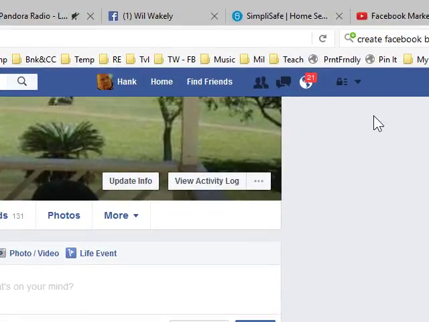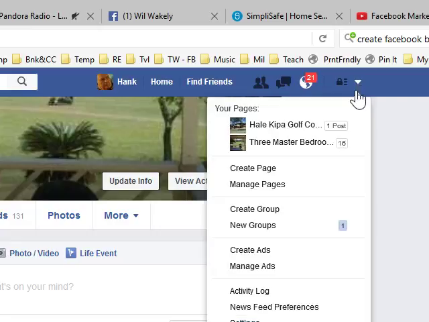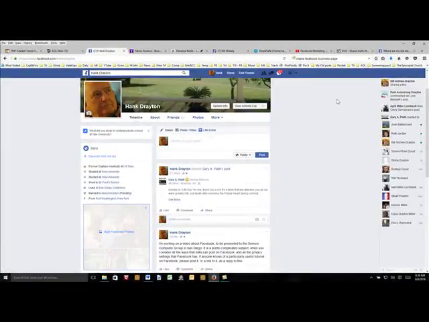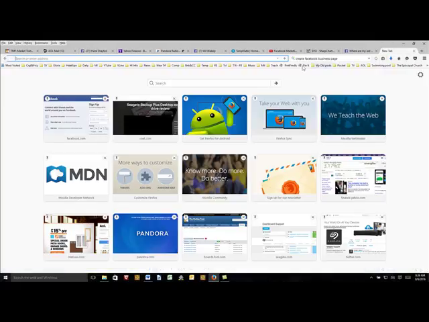Well, you do it by going up here, and when you click this drop-down menu, one of the options is create a page. But to see just how you do it, I think the most efficient way is to Google